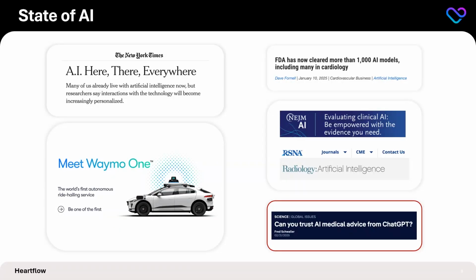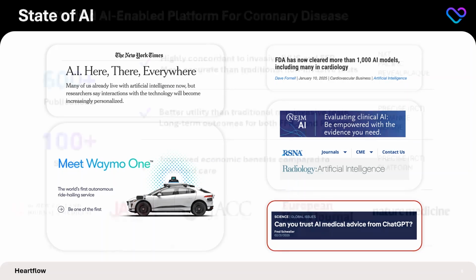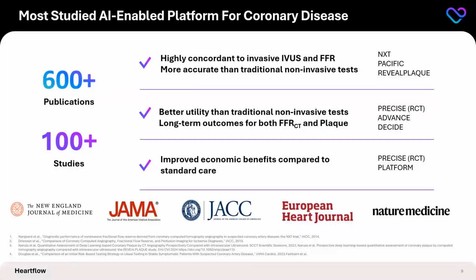Underlying all of this is AI, and this is obviously talked about a lot. I think the headline "AI is everywhere" makes a lot of sense. You can now get into a self-driving car. There are over 1,000 cleared FDA devices. But there is often this question that remains of, can you really trust AI? And I'm not here to tell you to drink the Kool-Aid and AI is great for everything, but I think it's a fair question. And it's actually incumbent upon us to help provide the evidence that you could trust it